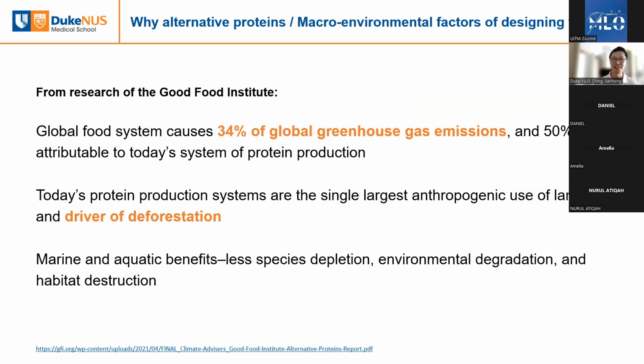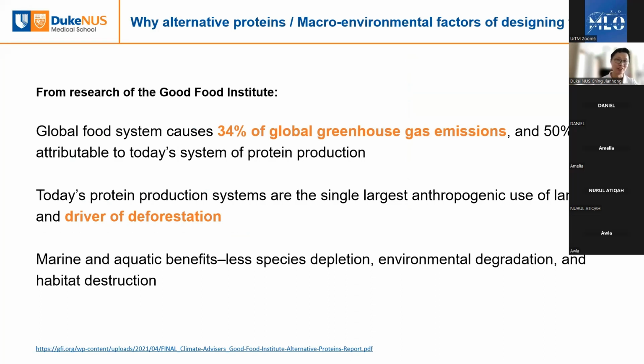To start the lecture, we first talk about the macro environment, the environment that we know very well, and this is the environment that we live in, the Earth. We know that the Earth is undergoing rapid climate change now, and this is one of the main reasons for driving alternative protein production. Our global food system currently causes 34% of global greenhouse gas emissions, and it's believed that